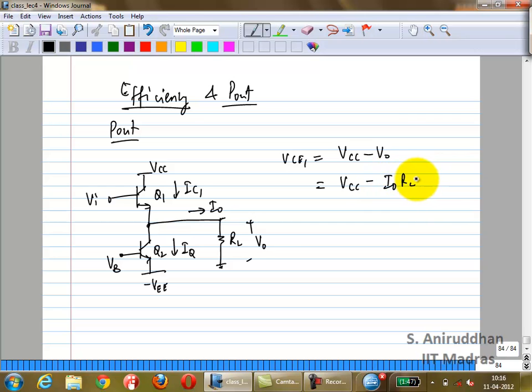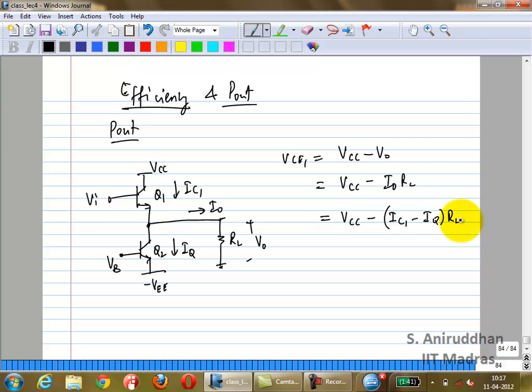So write it as VCC minus I naught RL. What is I naught? VCC minus (IC1 minus IQ) times RL. So what this equation gives you is, on the transistor characteristic, a relation between the collector emitter voltage of Q1 and the collector current of Q1. So now you can draw what is called a load line